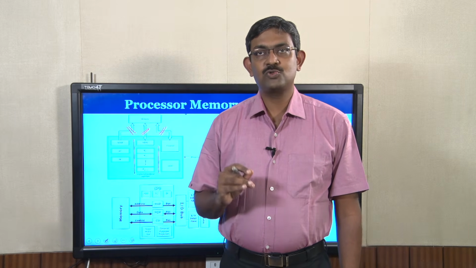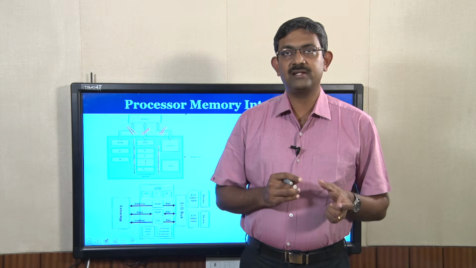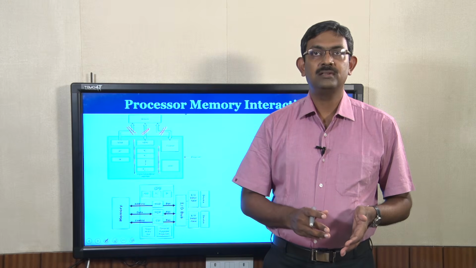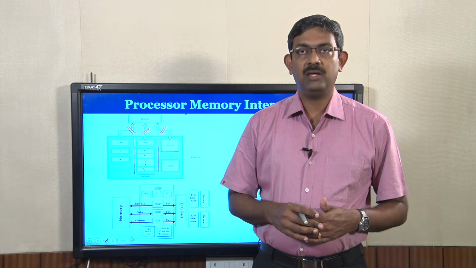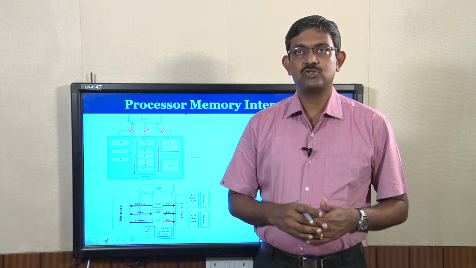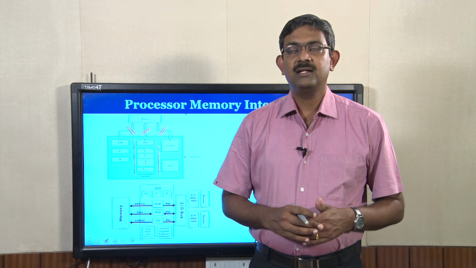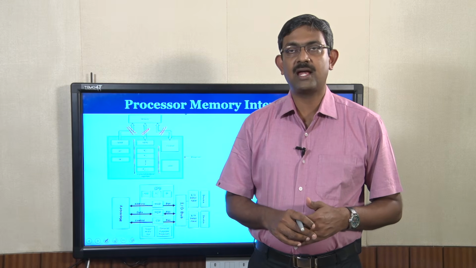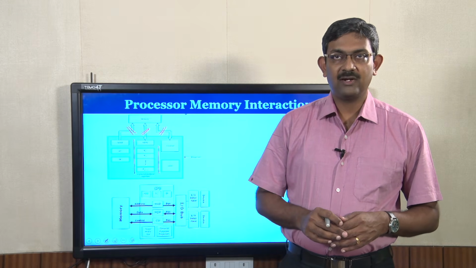If the processor wants to fetch an instruction, the first thing you have to do is transfer the address of the instruction, which is available in the program counter, to MAR. Similarly, if the processor wants to read or write any data in memory, the address has to be kept inside MAR. So, MAR is the memory address register, which contains the address of the next word that has to be accessed in the memory. It can be for a read or fetch operation, or for a write operation.